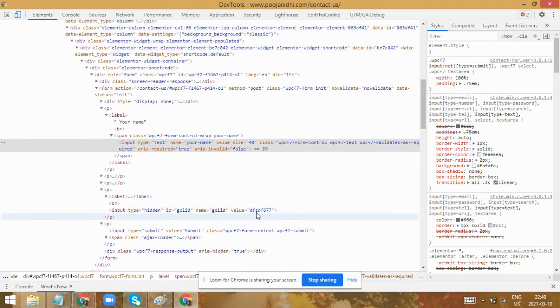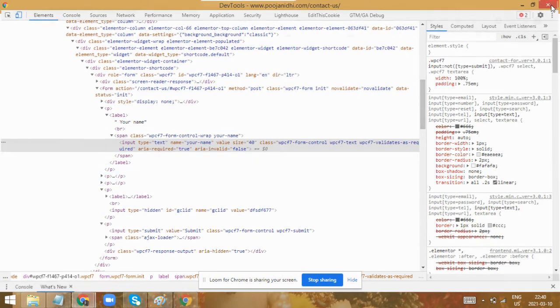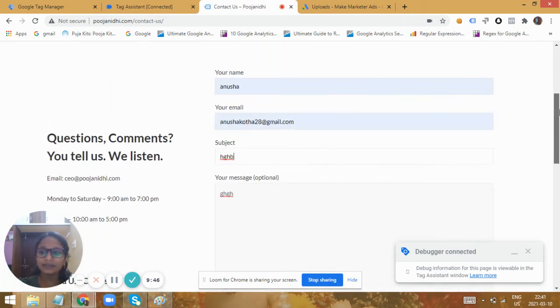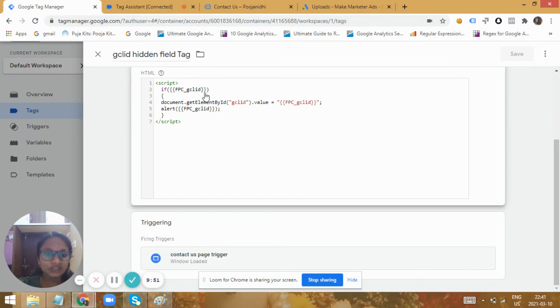This hidden field would be sent along with the form details like name and other details regarding the user along with the form submission. So whenever the user submits the form, along with all the details of the user, the GCL ID would also be sent as a hidden field, and that data could then be viewed in a CRM. Let me show you how that could be placed in the form hidden field. This is the first party cookie we are dropping on the user. We would identify the hidden form field selector and capture the value as this cookie value.